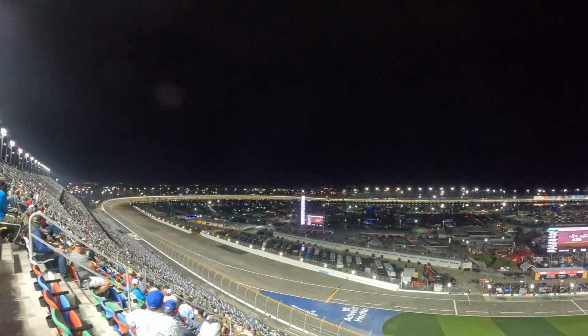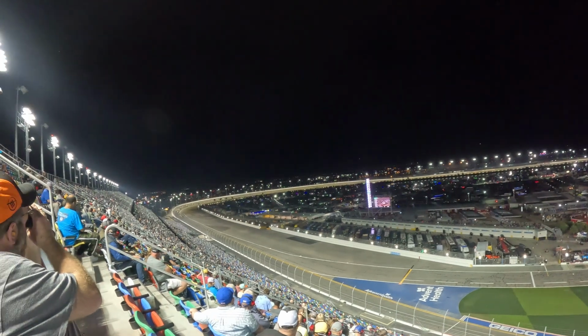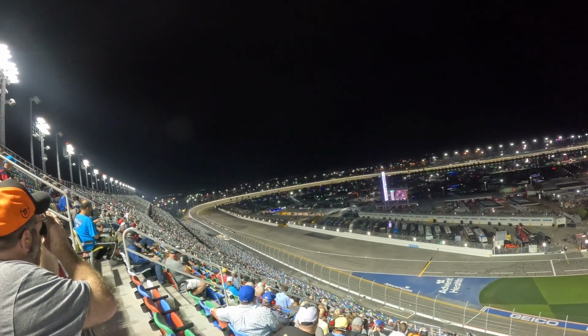The top 10 now single file right at the bottom of the racetrack as Ty Majeski continues to slide backwards as they exit turn number 4. It's Tyler Ankrum leading the